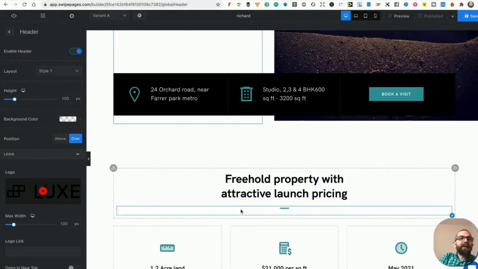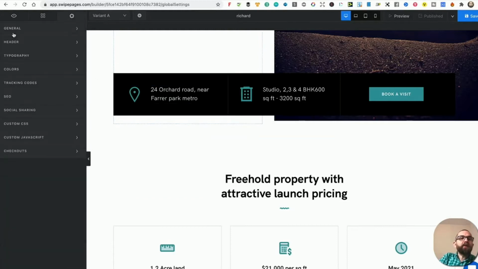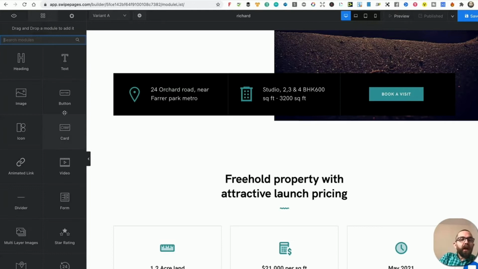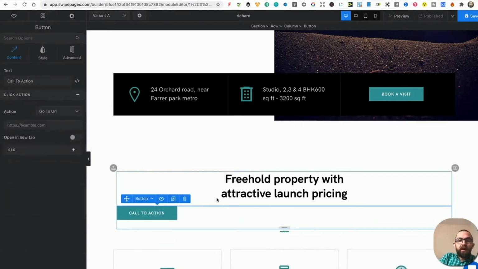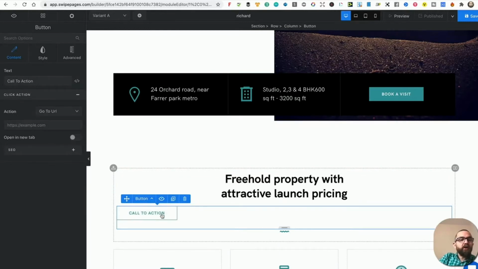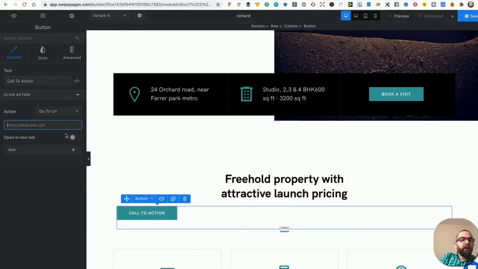I can actually add a new section. So let's say I wanted to add in a new section. I could just click on Modules and I could say I want to put in a button, and I just click and drag this to wherever I want it to go, and the button comes in. I click on Call to Action. I would say, where is this to go? I would say it's to go to